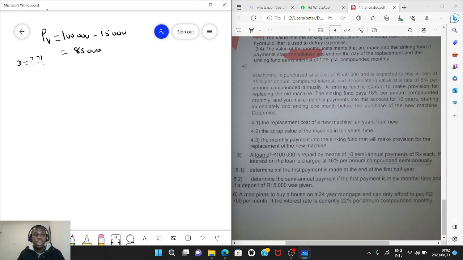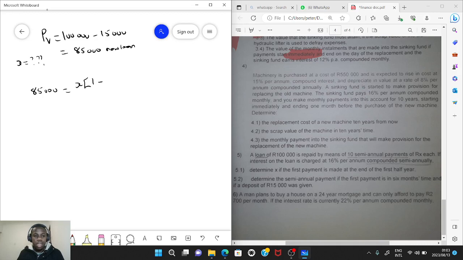Now this is our new loan. This is the new amount. It's known as the outstanding amount. That's the amount that this person has to pay now, right? It becomes our present value. Now we determine the semi-annual payment whenever our PV is 85,000 rand. So we do the same procedures, right? Our N remains the same. The only thing that changes is PV, right? So we'll have 85,000 rands in this case, which is equivalent to x since you are looking for x, and